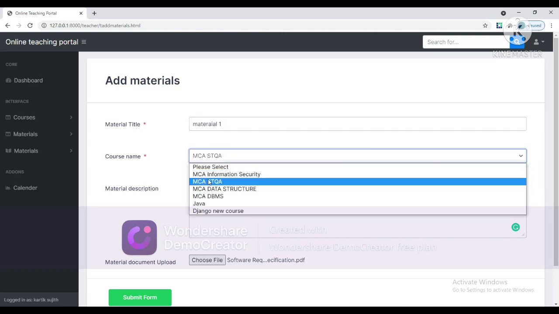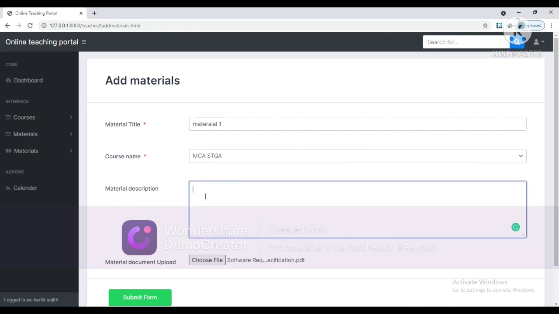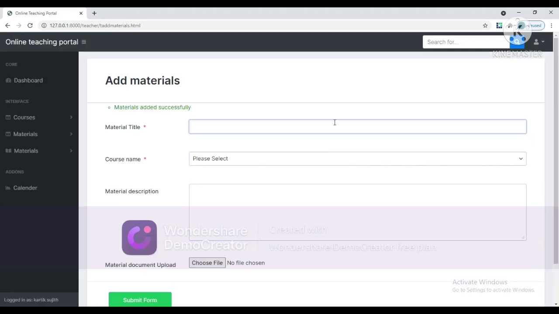You have to select the particular course name, and you can also add the material description. The material description can be anything, like some reference links or some blog sites, etc. You can also upload the material by clicking on this choose file option and just submit the form.